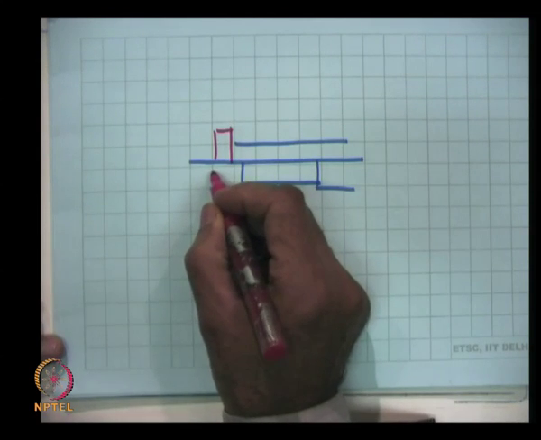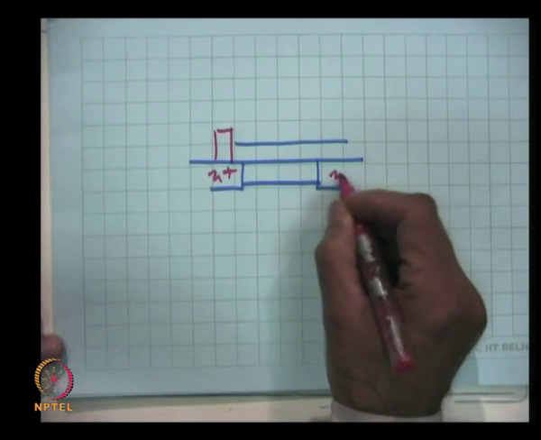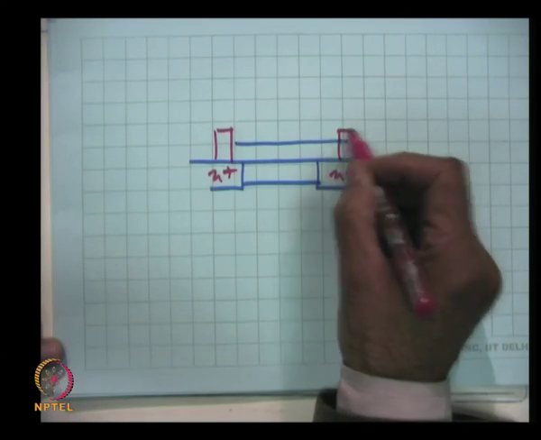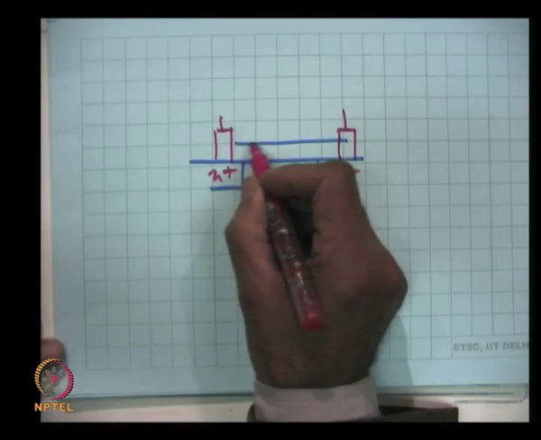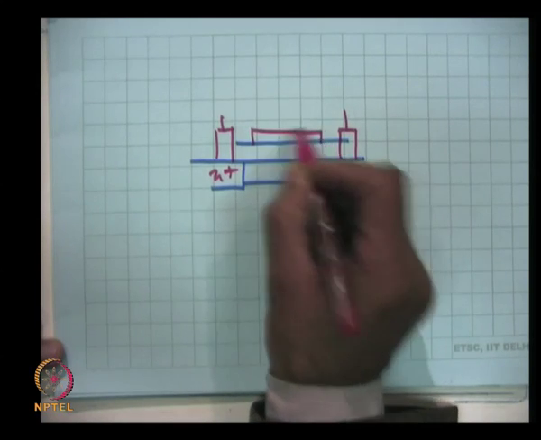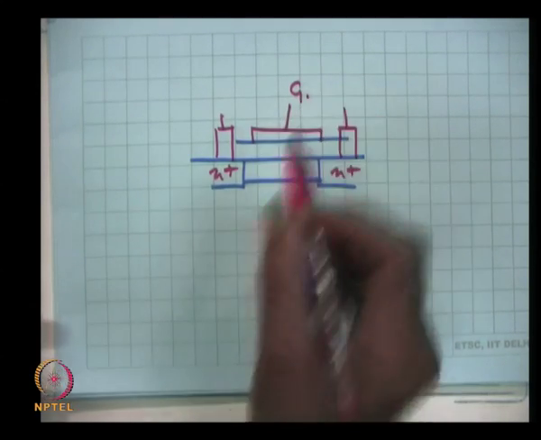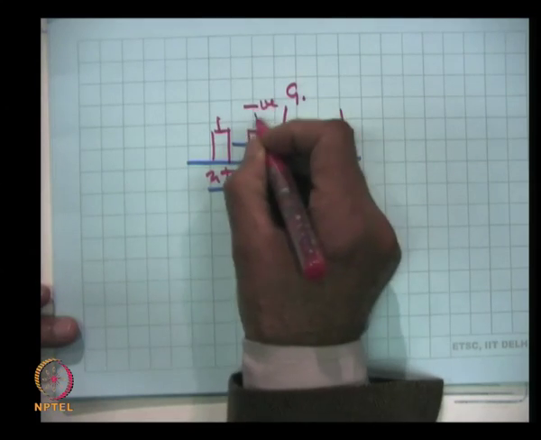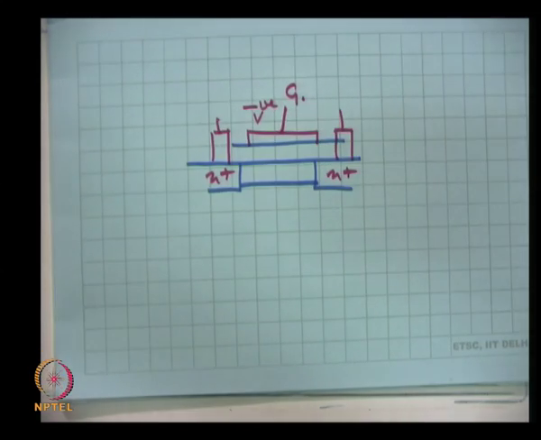This is heavily doped N type, this is source, this is drain, and this is gate. Now, when we apply a negative voltage to the gate, then